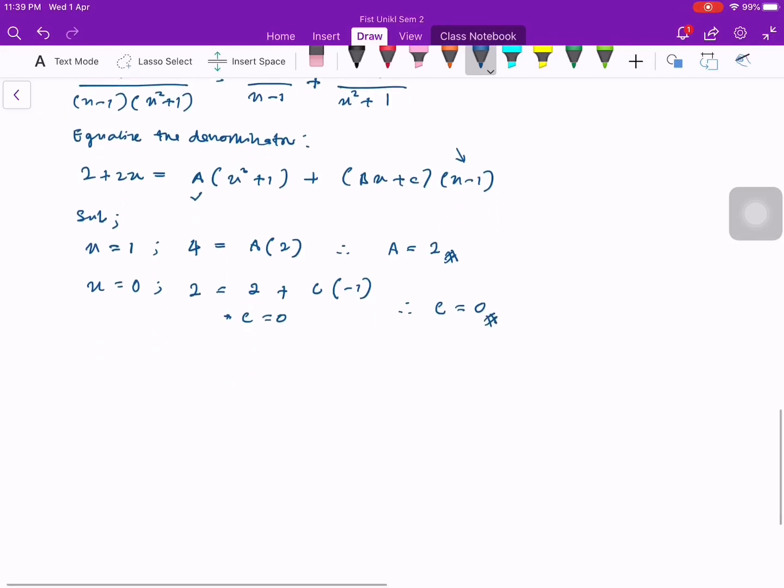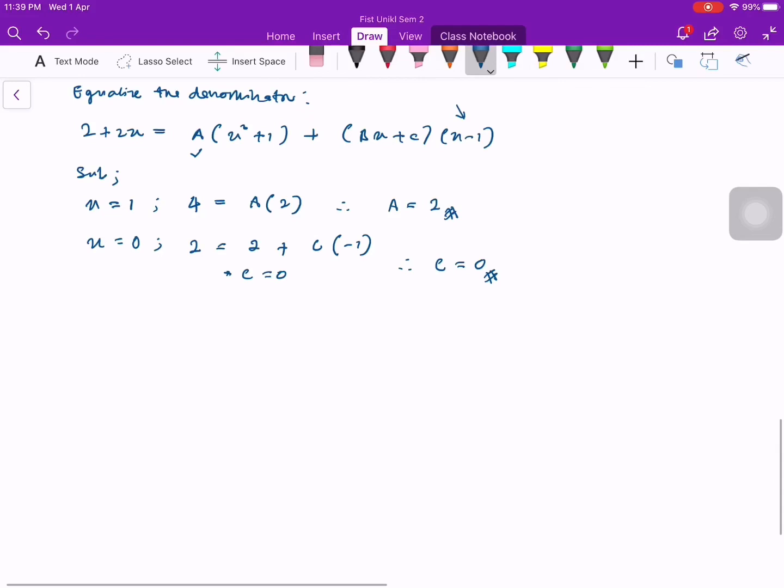Okay, then lastly, since we already have the value of a and value of c, now the only one left is b. Okay, yang kita nak dapatkan nilai dia. So means that since kita hanya ada satu saja variable yang kita nak dapatkan, we now have a freedom to choose for value of x. Okay, so dekat sini you boleh pilih apa saja nilai x, except for this 1 and 0 because we already choose it. Okay, so now you can choose any kind of values of x.